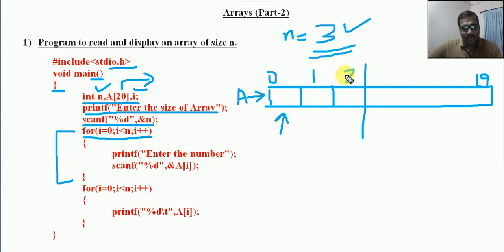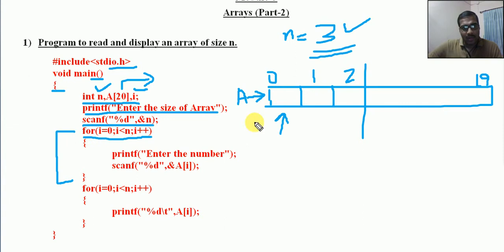So you will be understanding now why it is less than n, because starting from index location 0, we need to traverse up to the second location, not up to the third location. 3 is the total size of the array, but through iteration we need to pass from 0, 1 to 2. So we need to exit from the loop when it passes 2, that means when it becomes 3. So always we are checking the condition: the array index less than n.